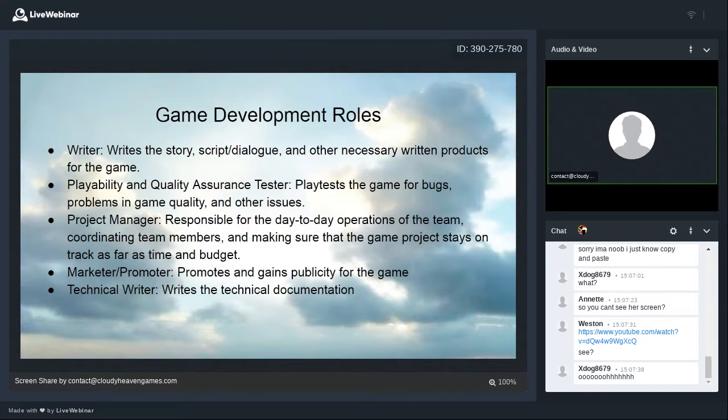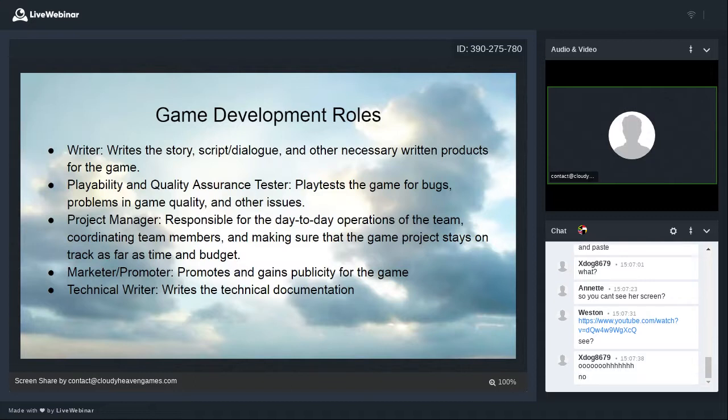Okay, and I think you can really break these down into even more roles, or things that I might not have mentioned here, but I just wanted to familiarize you with some of the available roles that you can take as a game developer. Okay, so now that we've gotten that out of the way,